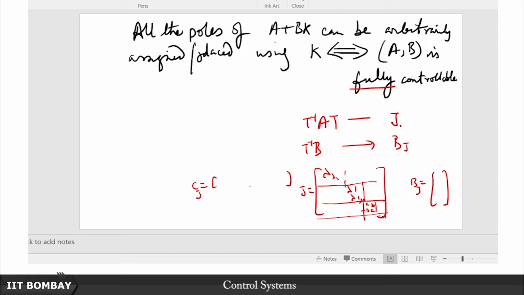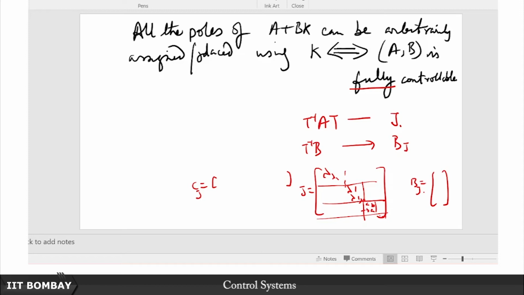So then we inferred that these diagonal blocks in the Jordan form had better not have repeated eigenvalues, because that will lead to lack of both observability and controllability. And for controllability, we saw that for the diagonal blocks, each entry of the B matrix corresponding to those states had better be non-zero. Now what if some of them are 0? Then precisely those states are the ones that are uncontrollable, and those eigenvalues are the ones I can do nothing about.